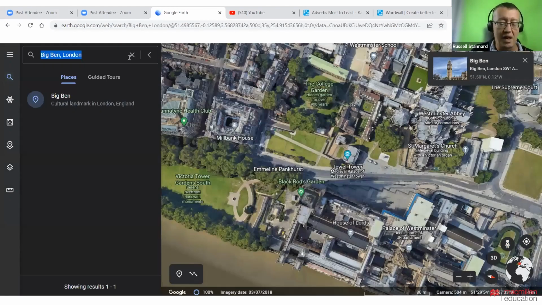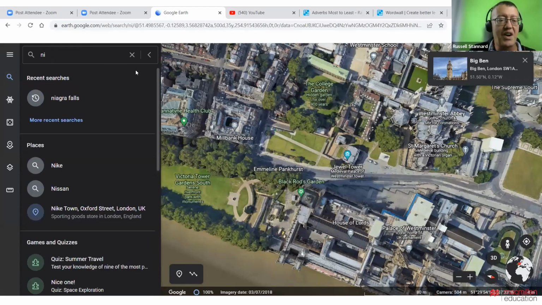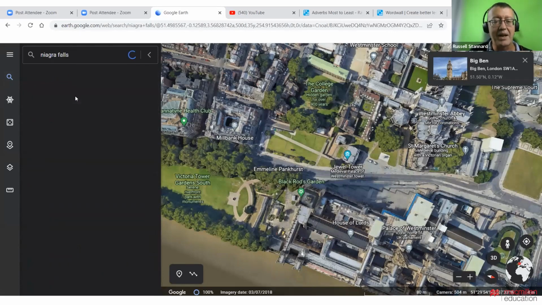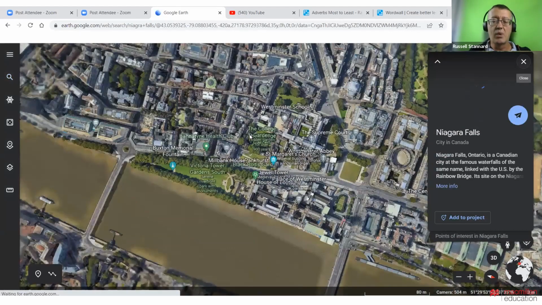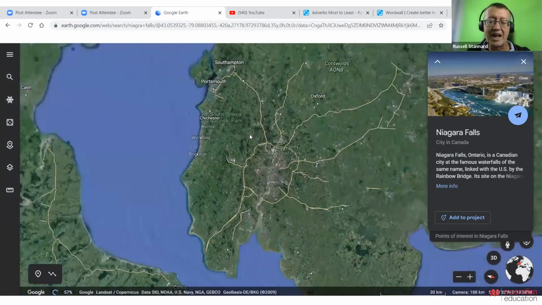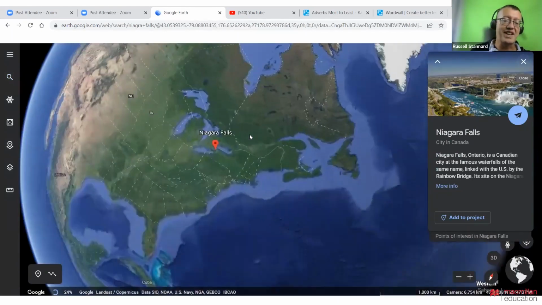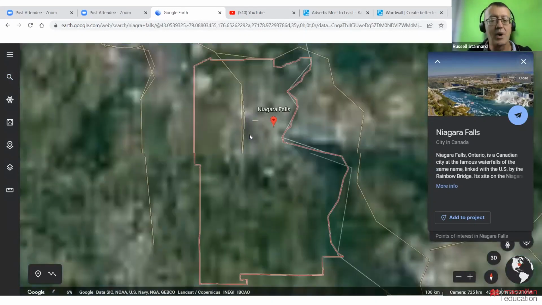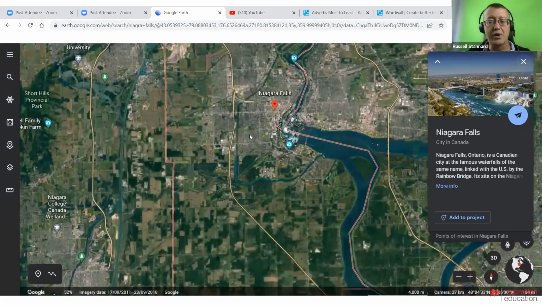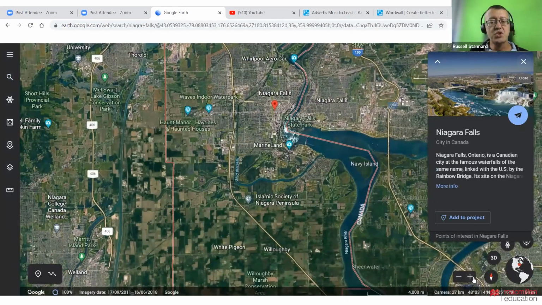Just to give you another example, I'm gonna search for Niagara Falls. I just click on the button and straight away we fly away from London and we zoom across the Atlantic, and now bang, we're in Canada and America, right on the border. Again, I can zoom in